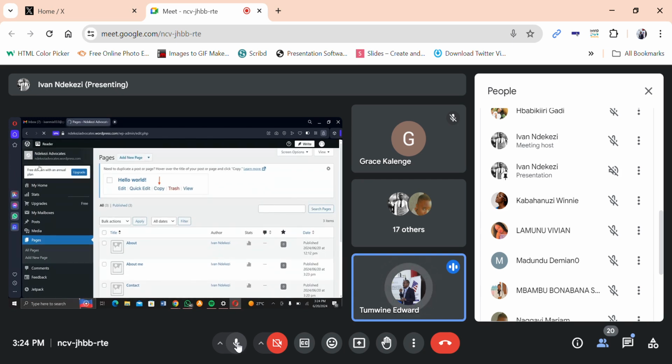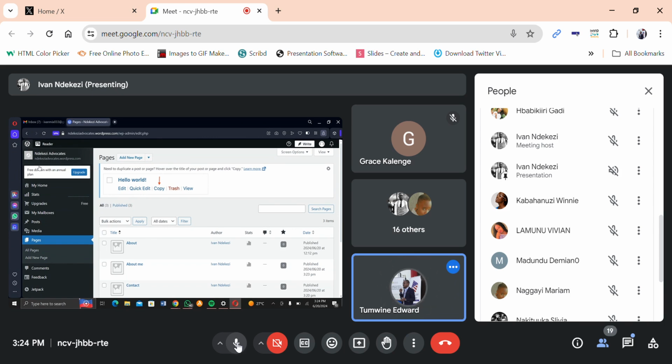So now the next thing that we want to create are categories. Okay, categories help you to arrange your content well. When you publish articles, they need to be in specific categories. And how do you come up with categories? Basing on what you're going to be publishing about. So if you're going to be publishing about sports, health, politics, you can have them as different categories. So I don't know what you intend to be posting about, Ivan, but basing on what you intend to post on your website, we can create categories